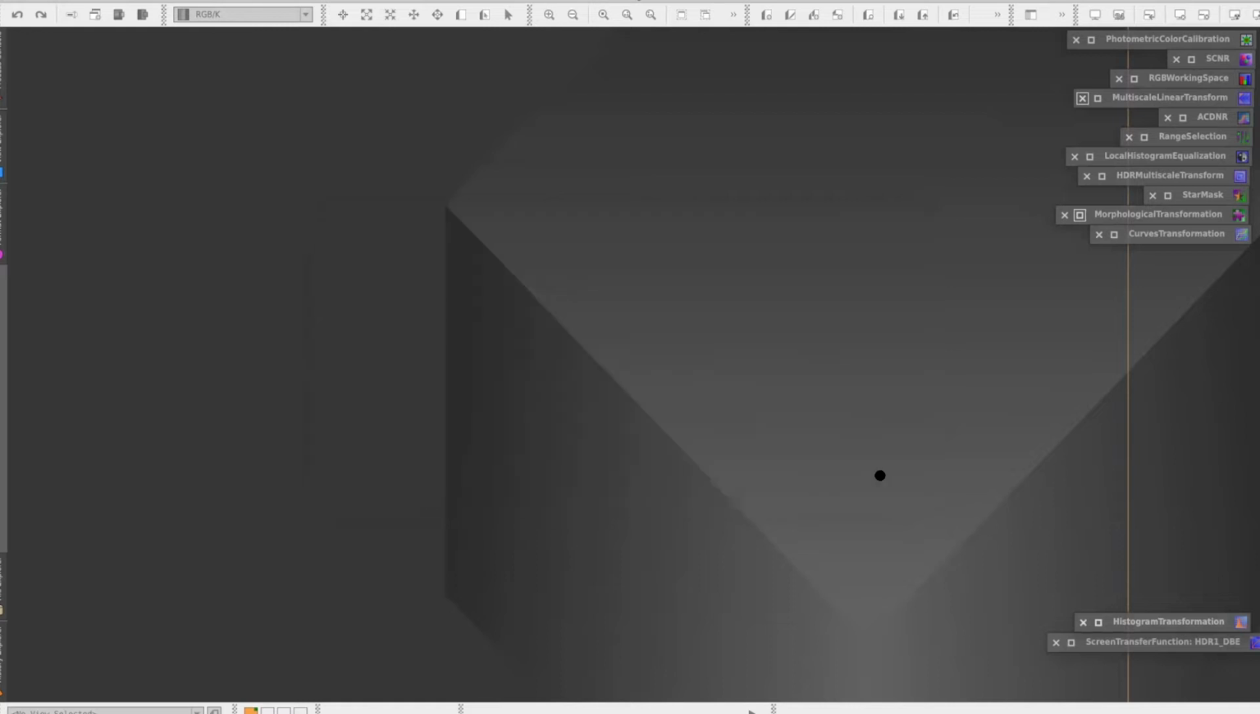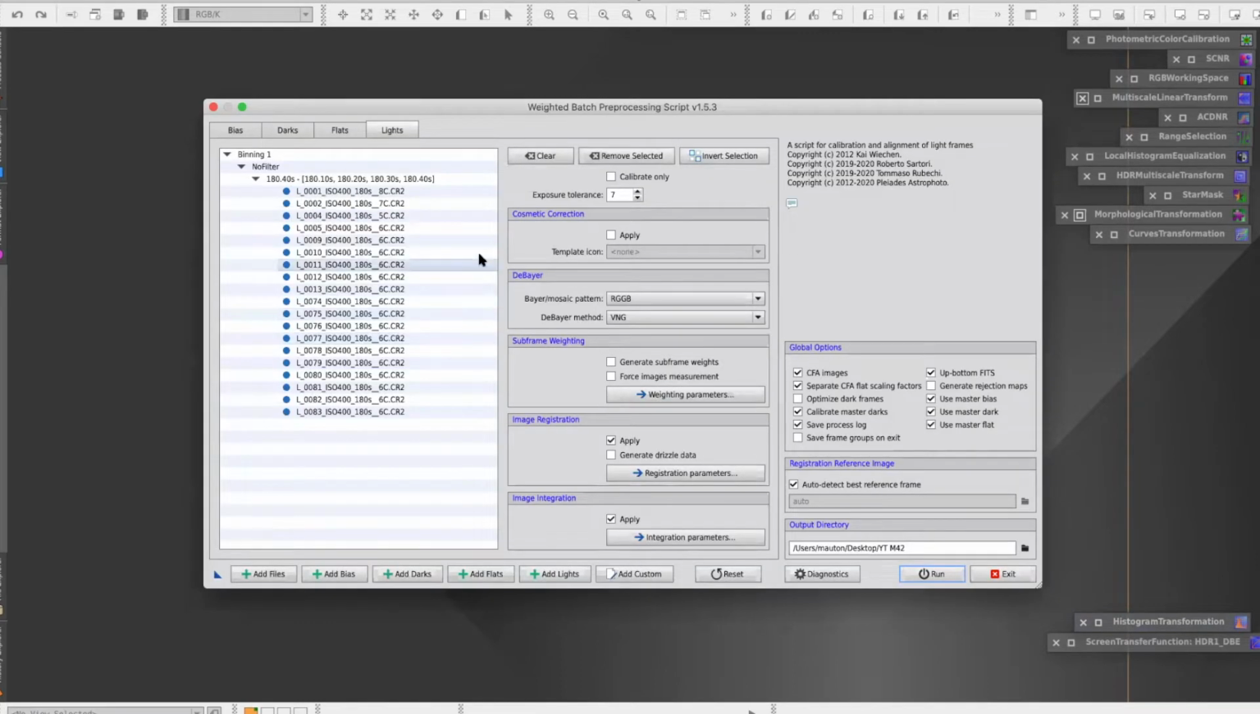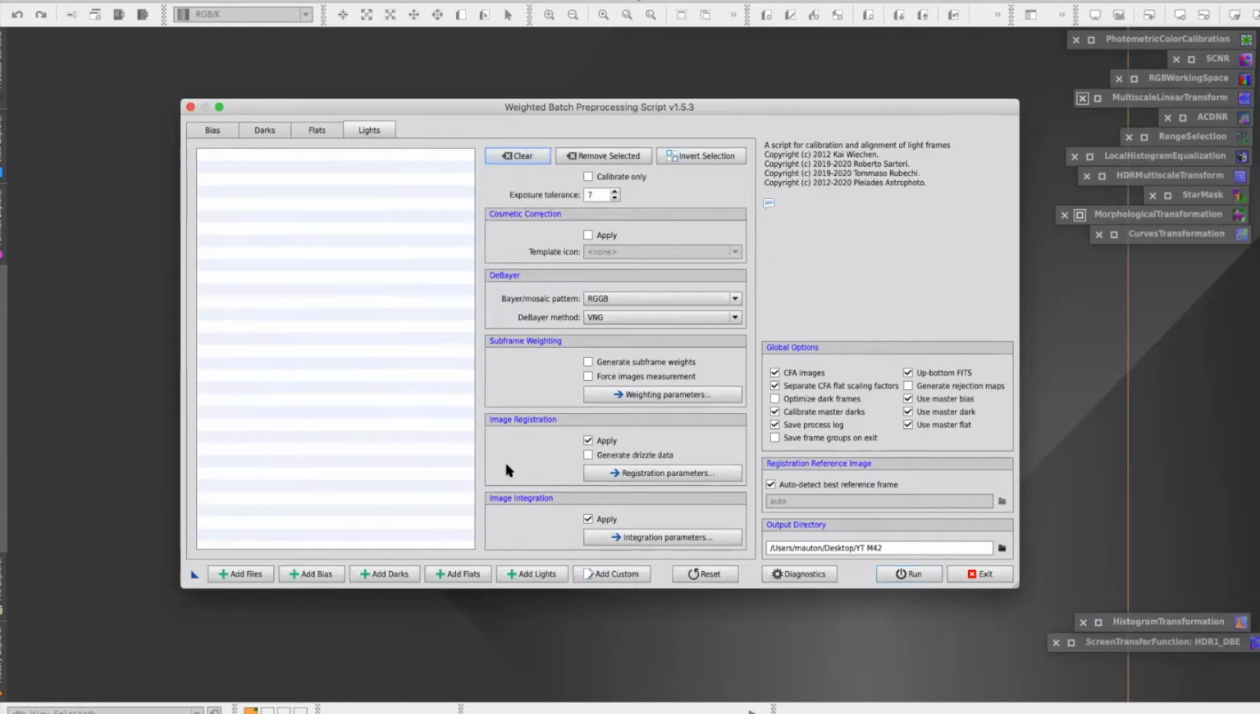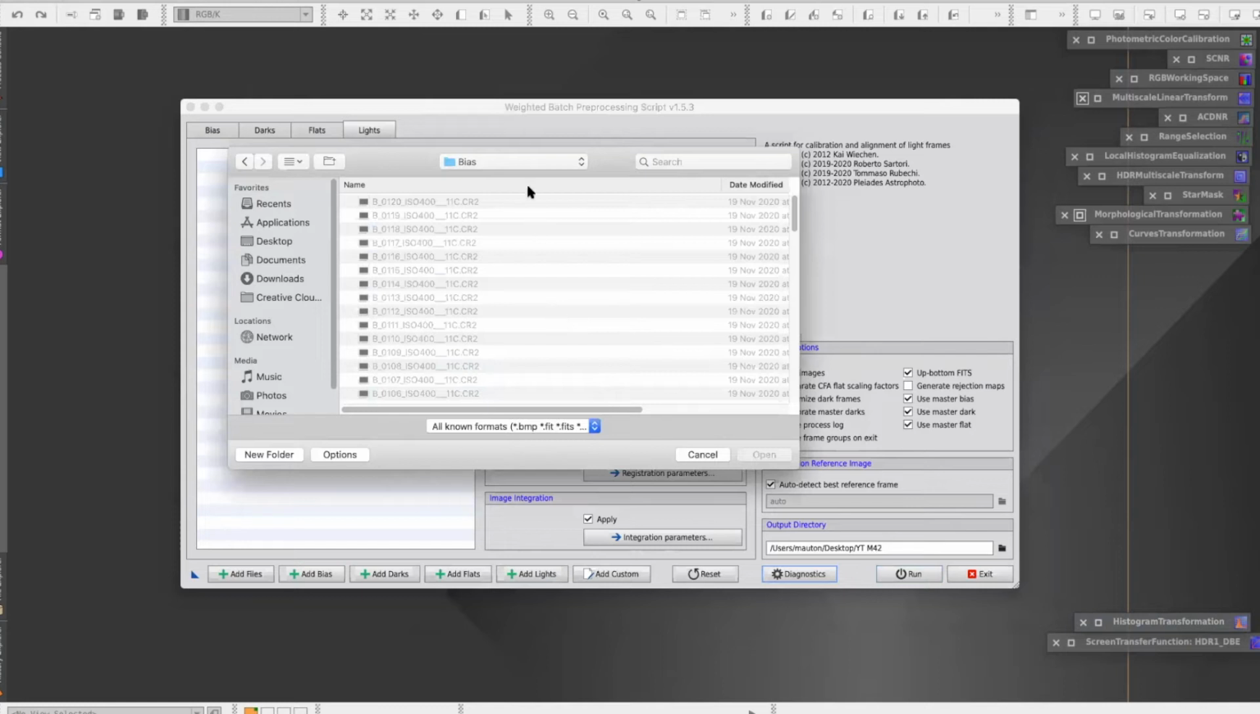Okay, so I'm going to click OK on that. We return back to the script. And now I'm going to focus on the 120-second exposure set of frames. So to do that, all we do is with the light selected, press clear, add lights again, and this time go back to our lights, 120 seconds, lights,